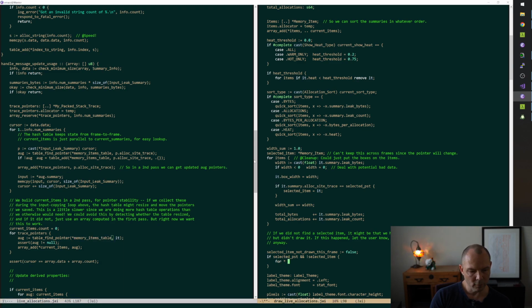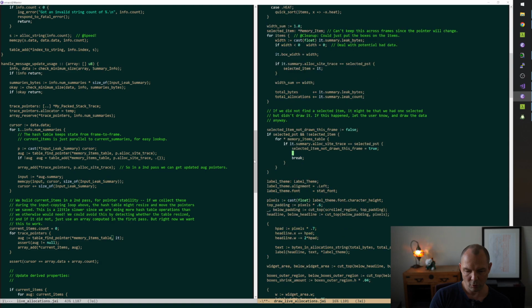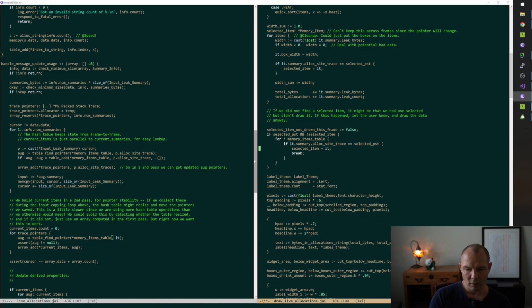For memory items table, if its alloc site trace is equal to selected PST, we do something and break. What do we do? We say selected item not drawn this frame is true, and selected item equals it and break. Okay, so now